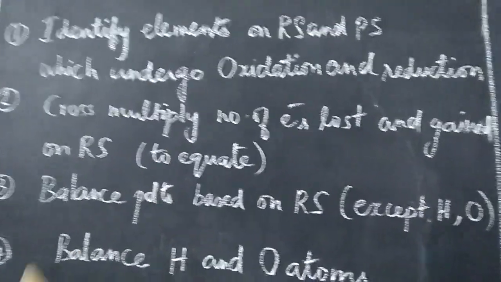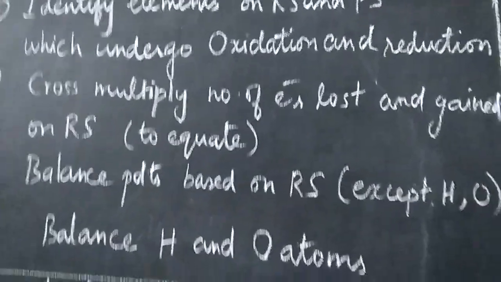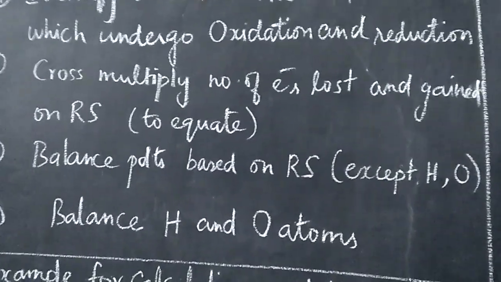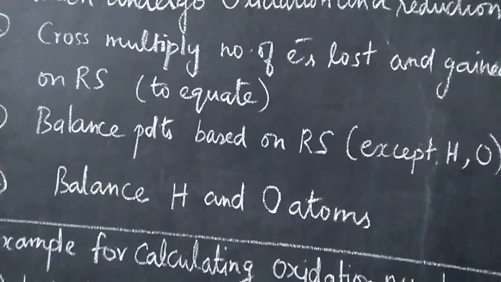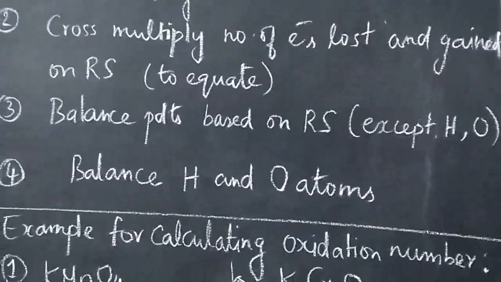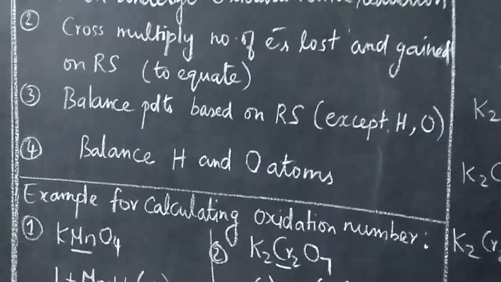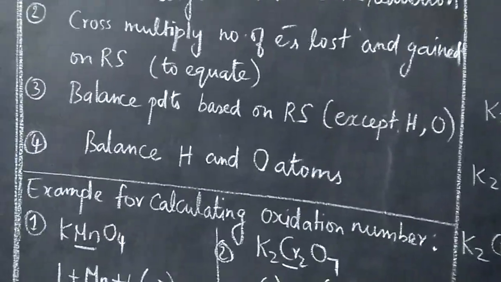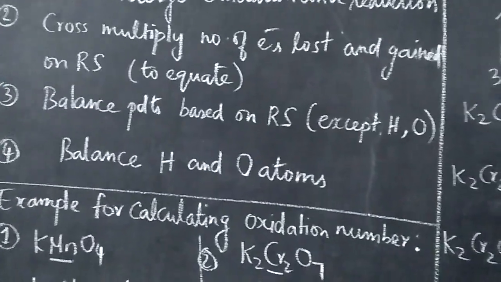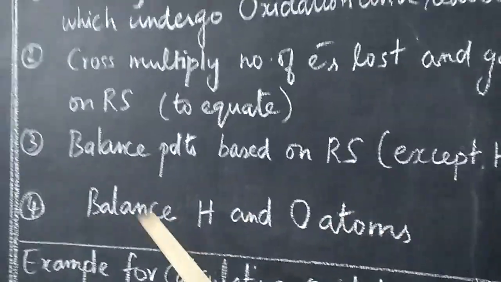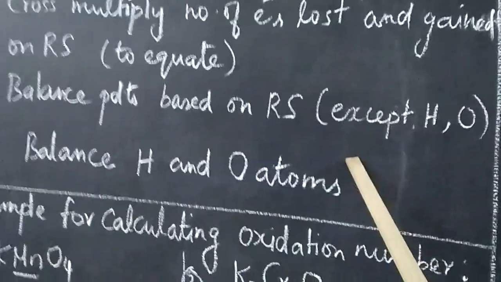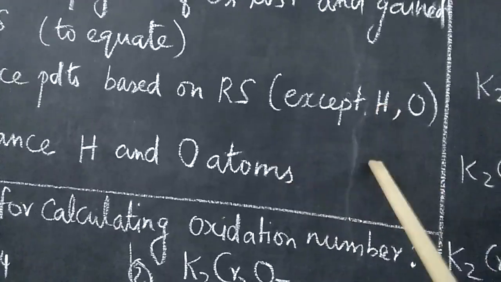So we are doing the first 2 steps on the reactant side. Then you have to balance the number of molecules of the products based on the reactant side, like how you do for the hit and trial method. Okay, normally how will you balance an equation? Like that you have to balance the products based on the reactant side. But while balancing the products, you need not balance hydrogen and oxygen initially.